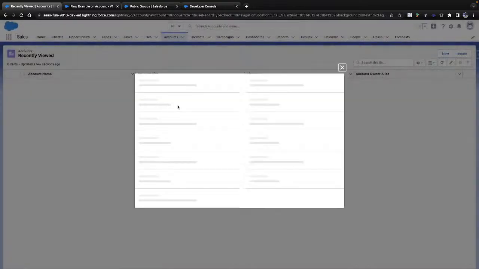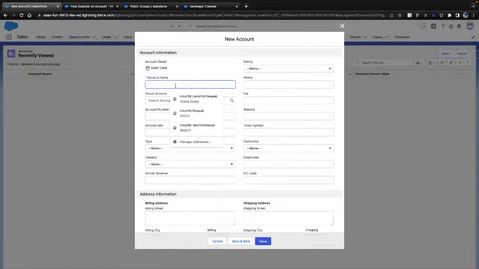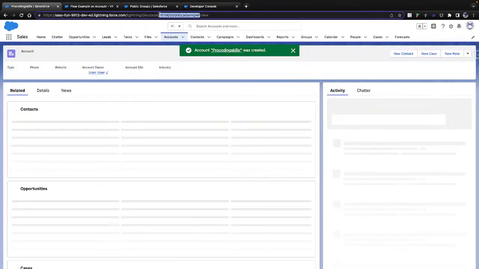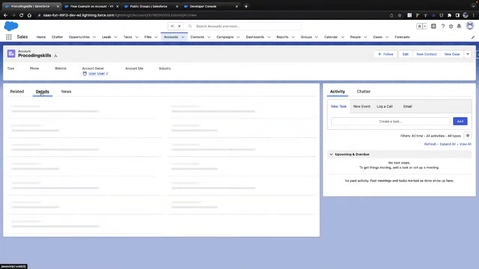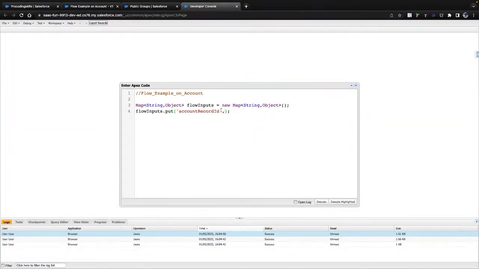That's fine then. I got my account ID here and I'm on the detail page. Let me go here and I'll pass my attribute.